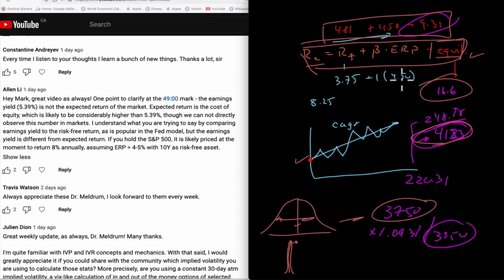So there were a couple of questions about that. If you are using a model like CAPM, it is an equilibrium model. It assumes a market in equilibrium, so that you are at fair value no matter what price you are. But that is not true, right? What else do we have?